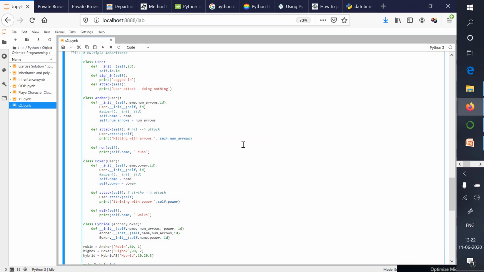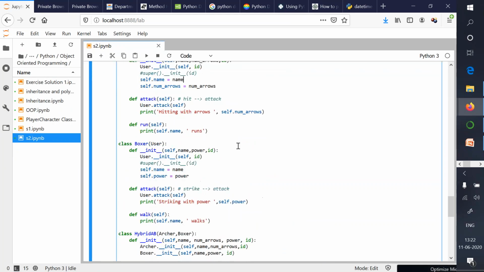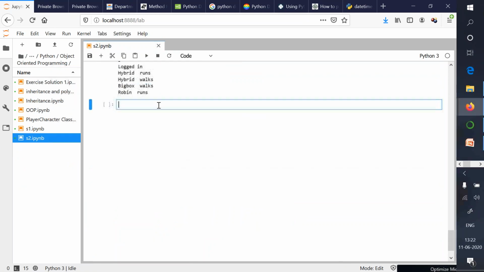Okay, so now I'll start with another concept. MRO, which is called the method resolution order.